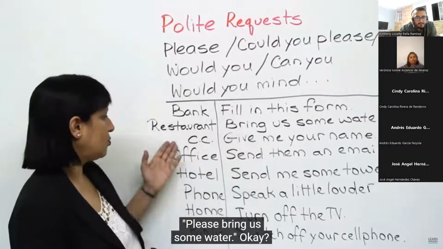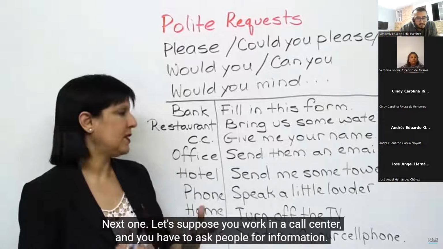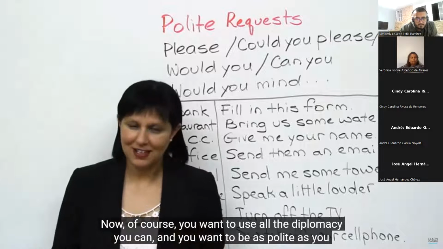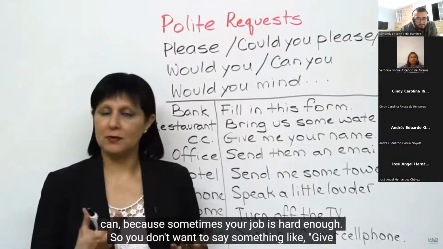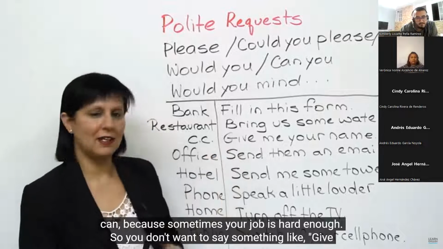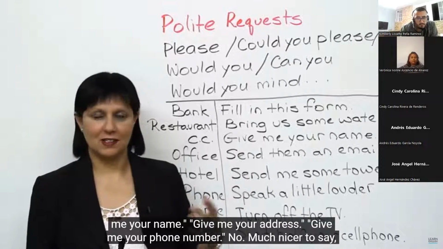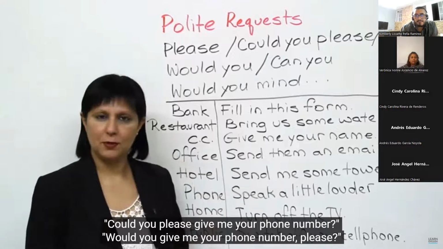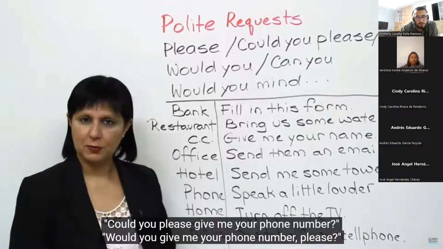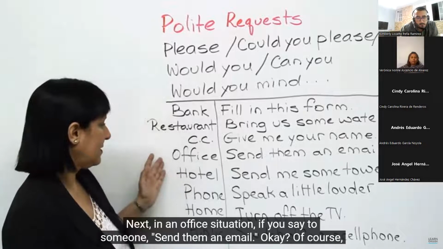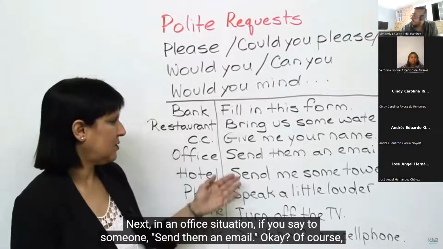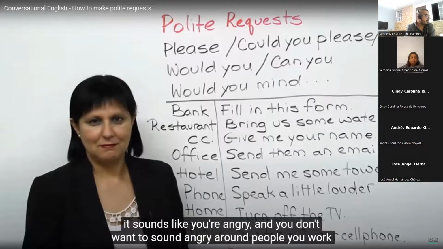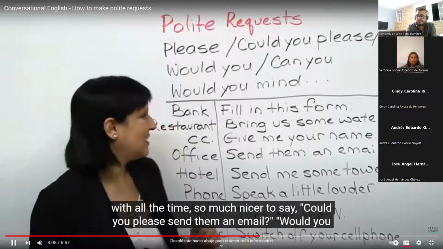Okay? Next one. Let's suppose you work in a call center and you have to ask people for information. Now, of course, you want to use all the diplomacy you can, and you want to be as polite as you can because sometimes your job is hard enough. So you don't want to say something like, give me your name, give me your address, give me your phone number. No. Much nicer to say, could you please give me your phone number? Would you give me your phone number, please? Etc. Okay? Next, in an office situation, if you say to someone, send them an email. Okay, first it sounds like you're angry. And you don't want to sound angry around people you work with all the time. So,